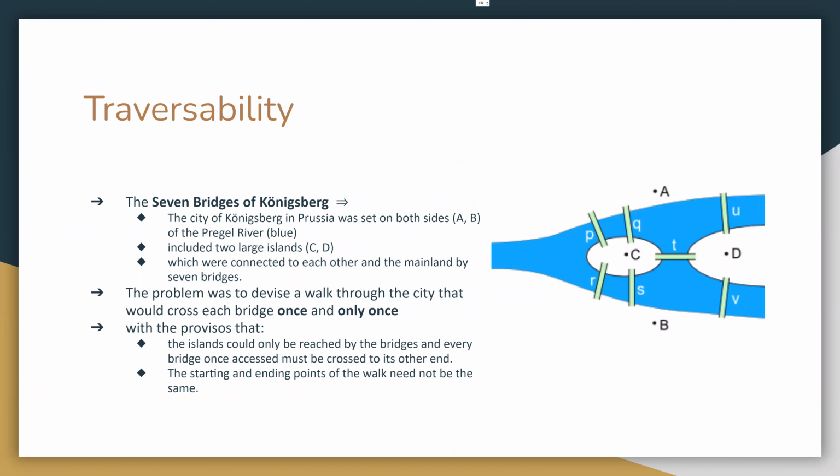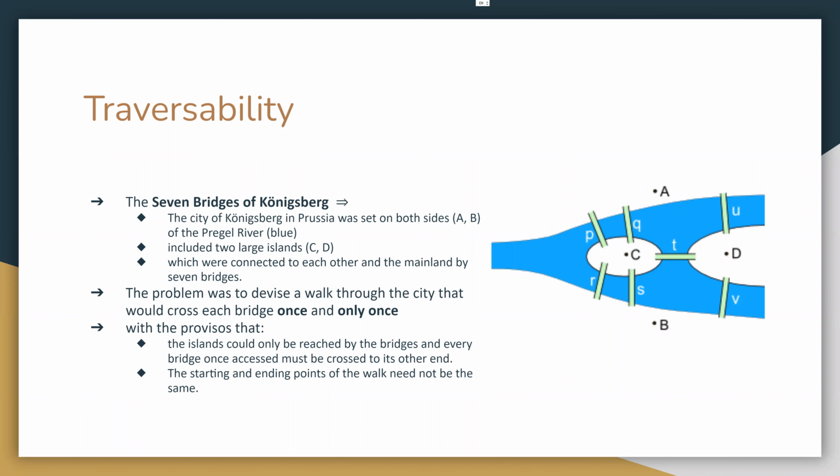This is Königsberg, in Prussia in the old days, right? It's German, really, today. The city of Königsberg is sitting on both sides of a river. So you've got A side, B side, on two sides of the river, and then you've got two islands, C and D, in the middle of the river. And then you've got all these bridges connecting